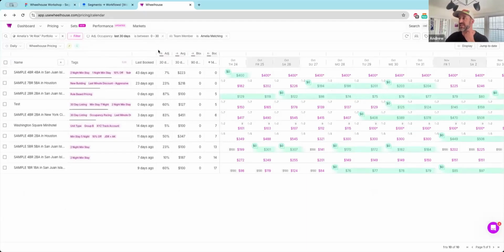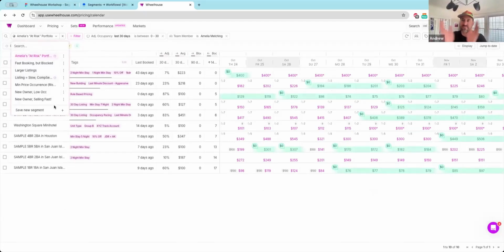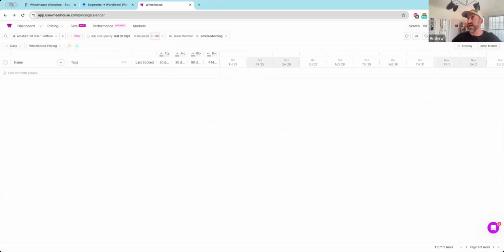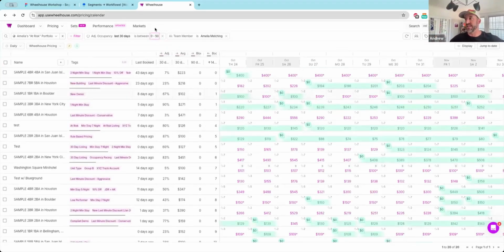It's going to update. And Keegan just showed a pretty powerful thing, right? I could now go and save this. I could say, hey, I no longer want to use a tag, I just want to use occupancy, and I could save and override the segment. And once you've done that, you still have the ability to move around without saving it. I can update all the data here. You can use the segments as a fast way to cut to a view and then fine tune that view more.